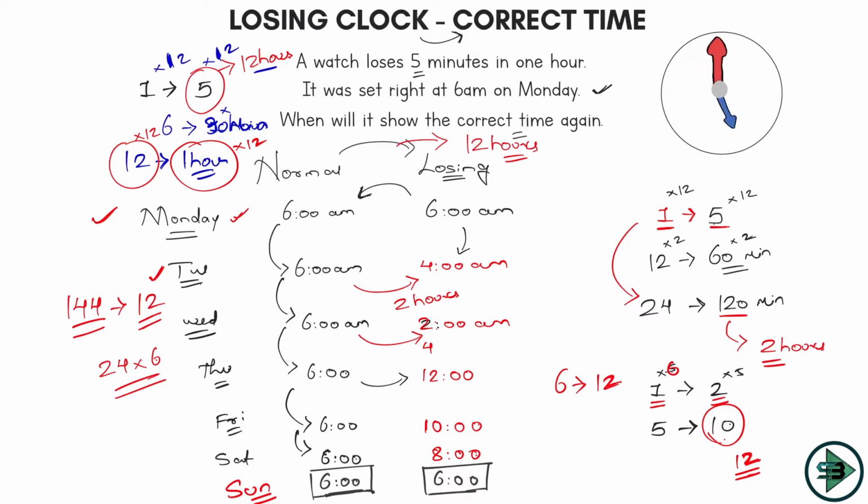Okay, it will be Sunday. It's 6 days. So that's how you start from here. No need to write any of this. In 1 hour, the difference is 5 minutes. I need to get the difference between them to be 12 hours for them to be showing the same time again. Multiplying both sides by 12. In 12 hours, the difference is 1 hour. Multiplying both sides by 12 again. So in 144 hours, the difference is 12 hours. 144 hours means 6 days. So at Sunday 6, they will show the same time again. Okay, don't worry about AM PM here. Consider this to be a 24-hour clock. Okay, don't worry about AM PM. You will always reach the right answer in this case.